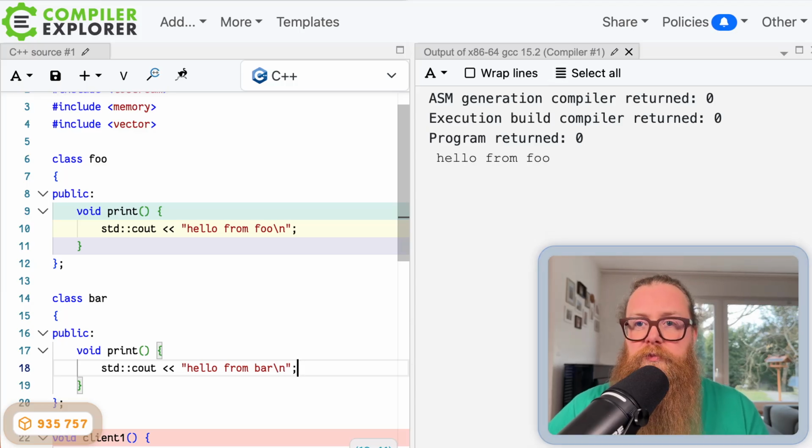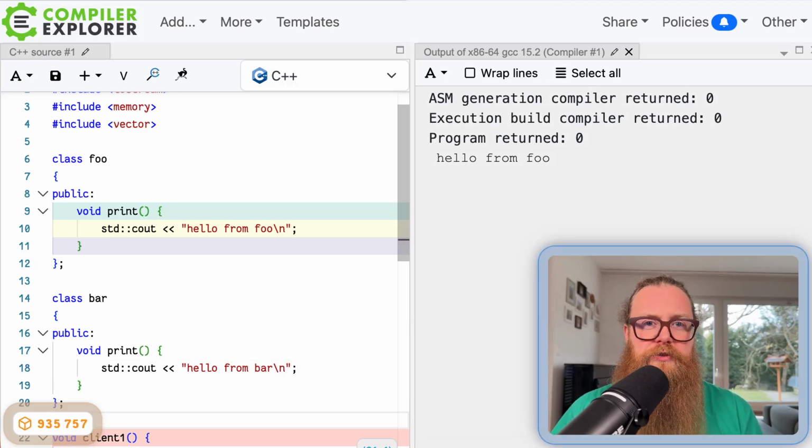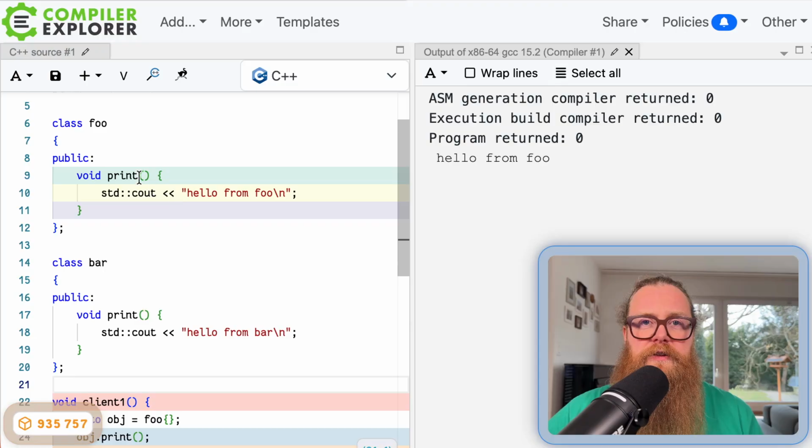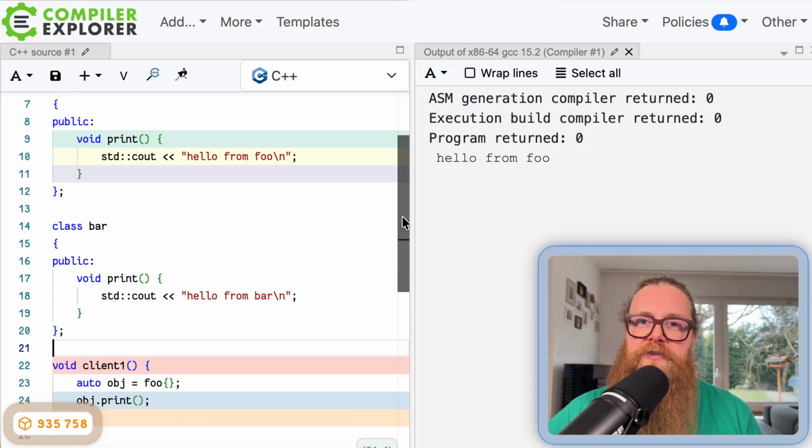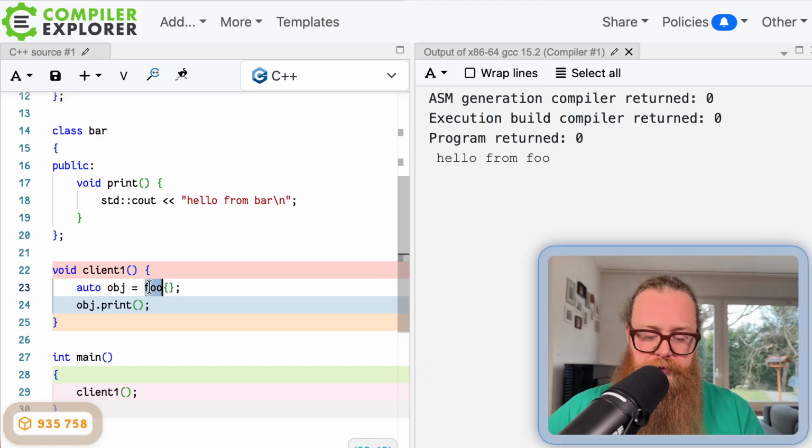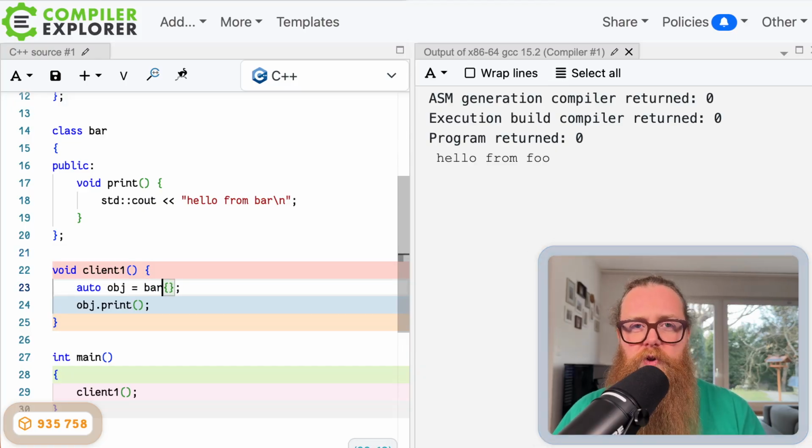Very similar. So those two classes now have the same interface. Not in the sense that they are derived from the same base class, but in the sense that they give the same promises. So in the client, we can actually replace foo with bar,